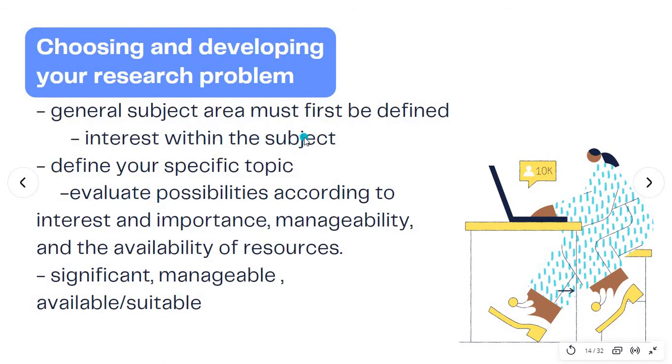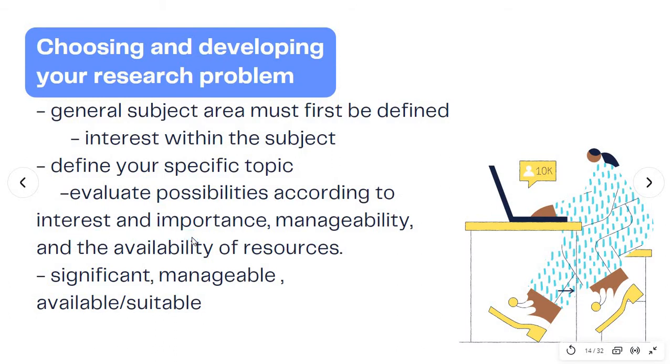Which are you more inclined to? Would you like to do life science research or physical science research? It's up to you. It depends on your interest and also your knowledge about that area. After you have chosen the general subject area, you go down to a specific topic. So you define your specific topic and then you evaluate the possibilities according to the interest and importance,